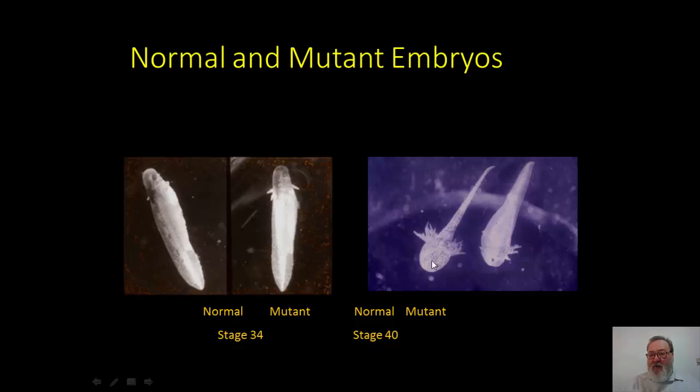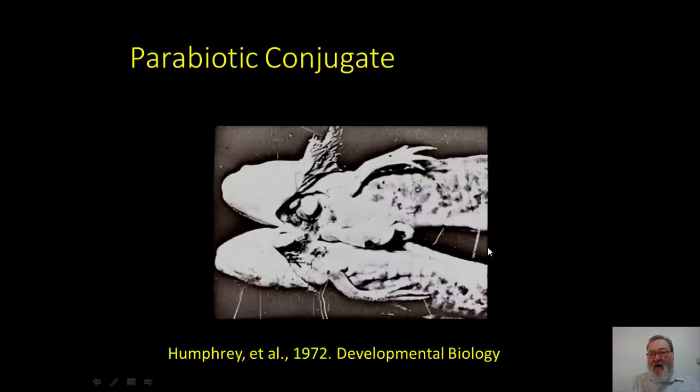After another 3 weeks or so, the mutant is shorter in length than normal, has microcephaly, poorly developed gills, and shows ascites. All of these are secondary defects resulting from an absence of circulation. This was shown by Dr. Rufus R. Humphrey back in 1972 by linking a normal and a mutant sibling parabiotically, joining their blood supplies, so that the normal blood circulation would keep the mutant alive, and you can see that the mutant was able to